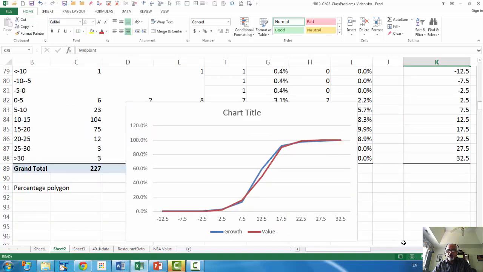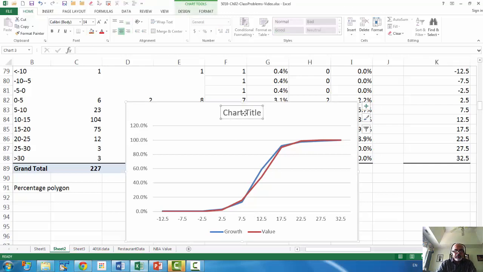So you have the midpoints here, growth and value. The chart title is 1 year return cumulative polygon, cumulative percentage polygon for 1 year return. Let me put it that way, for 1 year